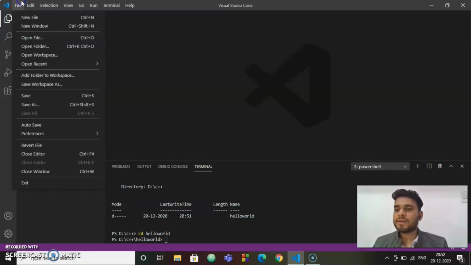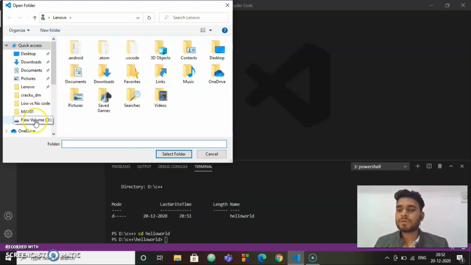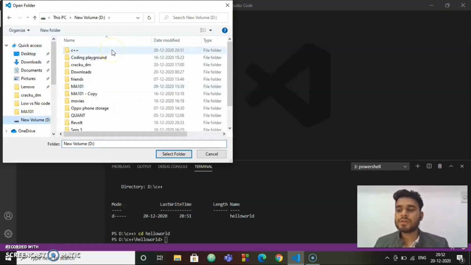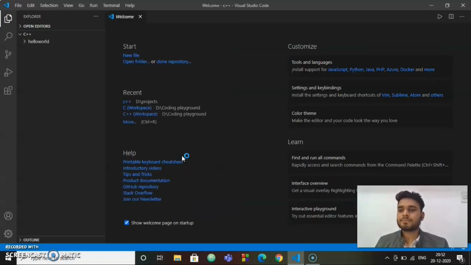Now go to File, open folder, open the C++ folder you just now created. Now in the Hello World folder, we will create a file by this new file.